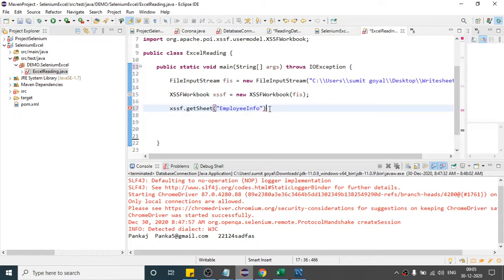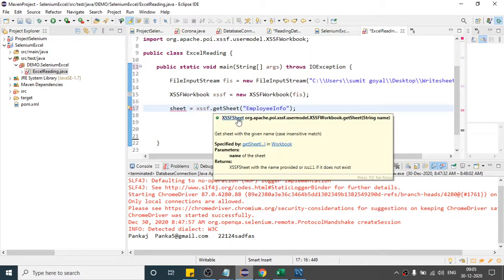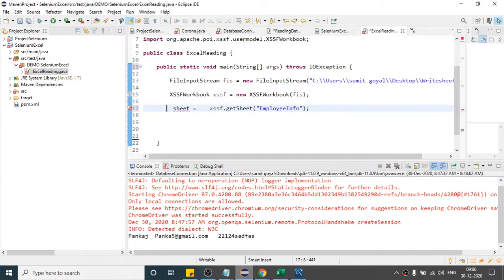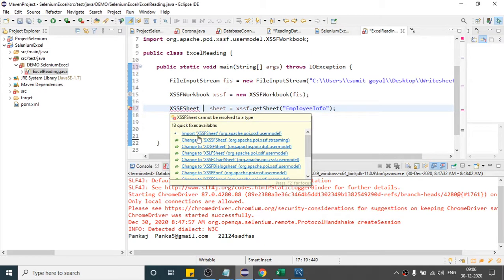So you got this first sheet, and I will catch that in one variable. And what is the return type? This is the return type, which means it will return this XSSFSheet. So create one variable of this type, then only you can catch that in one variable. Import this.